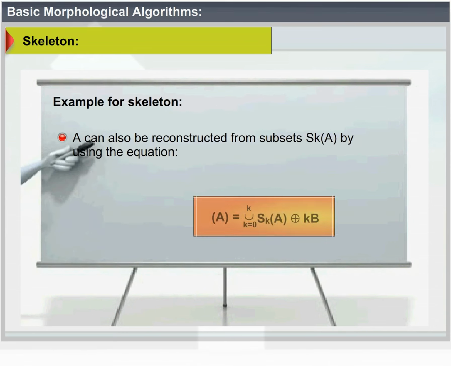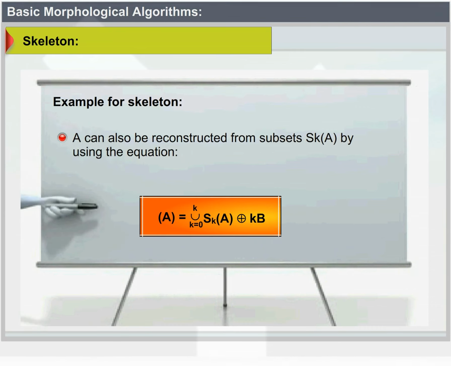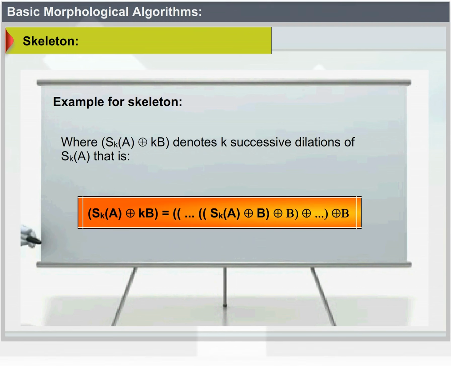A can also be reconstructed from the subsets Sk of A by using the equation, where Sk of A dilated by kB denotes K successive dilations of Sk of A, that is,